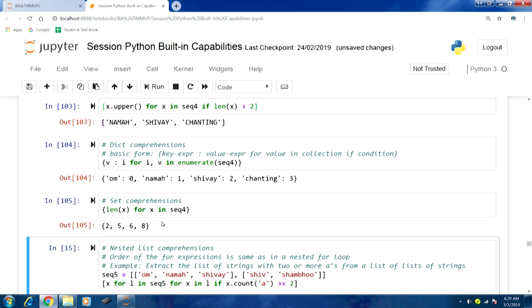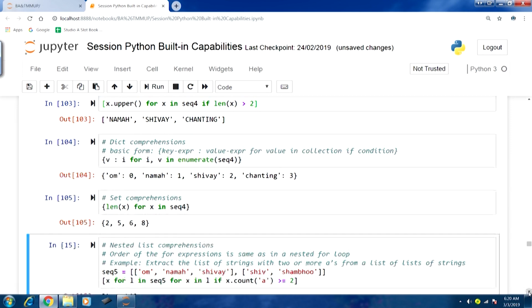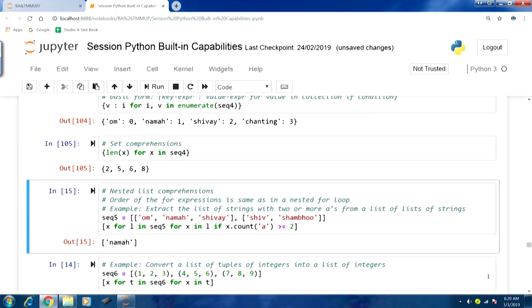Now, let us talk about a few more aspects of list comprehension. The next one is nested list comprehension. Just like we can have nested loops, similarly, because a loop is involved and that is the core component of the comprehension, here also we can have nested list comprehension. Sometimes we require this also. In terms of the order of the for expressions, this is going to be very similar to what we have when we write our nested loops. So, let us take an example here.